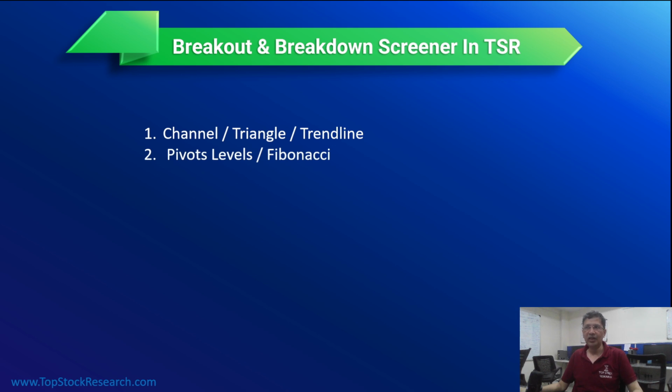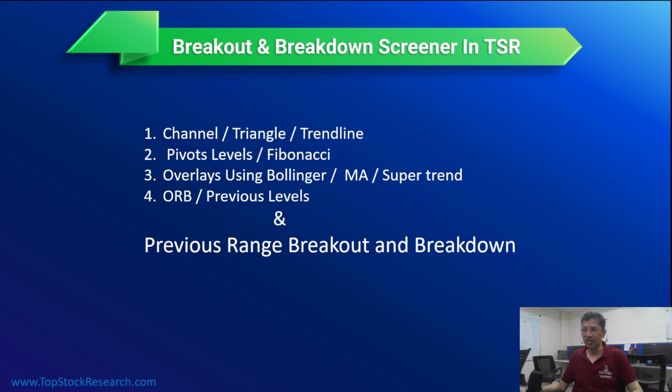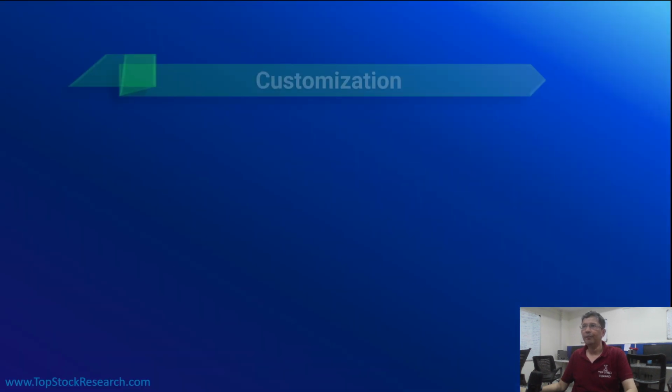Pivot levels are again very good levels, Fibonacci. You have overlays like Bollinger, MACD, moving average, super trend. There are quite a few ways. Then ORB and previous levels. ORB we have covered in the previous sessions, and the previous level is like previous highs and previous lows. When such a level is broken, that again can give a good move. What we are trying to cover here is previous range breakout. So let's go straight away to